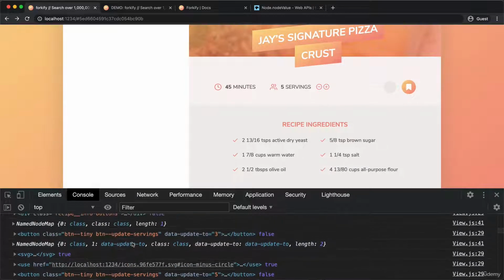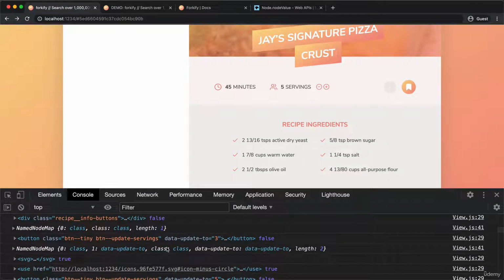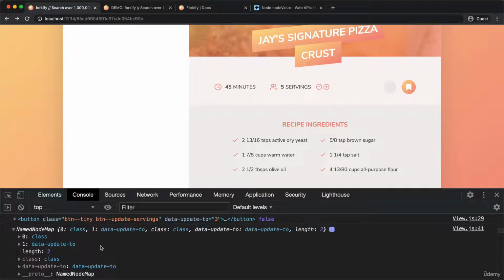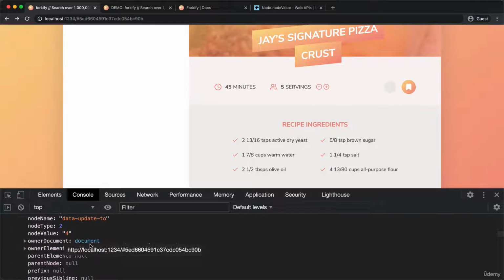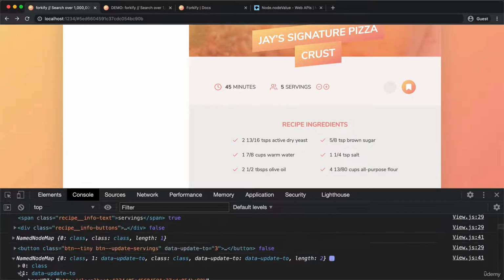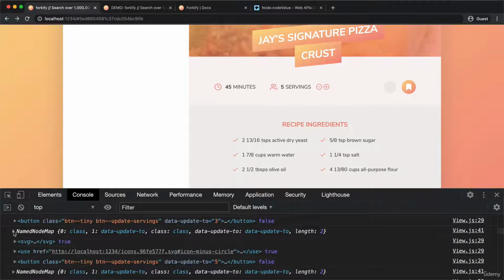And this is the one, right? So here we have the actual attributes. So data update 2, and probably they should have the values also somewhere in there. So this is a lot of stuff. We don't need to take a look at this. So this is very confusing. But I just wanted to show that basically this here will return something like an object of all the attributes